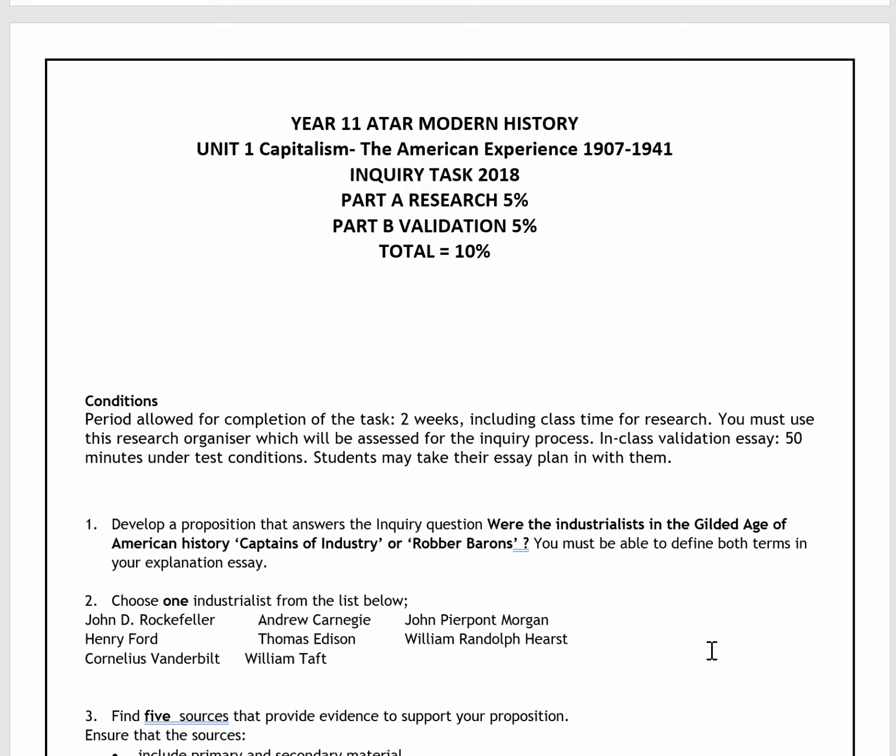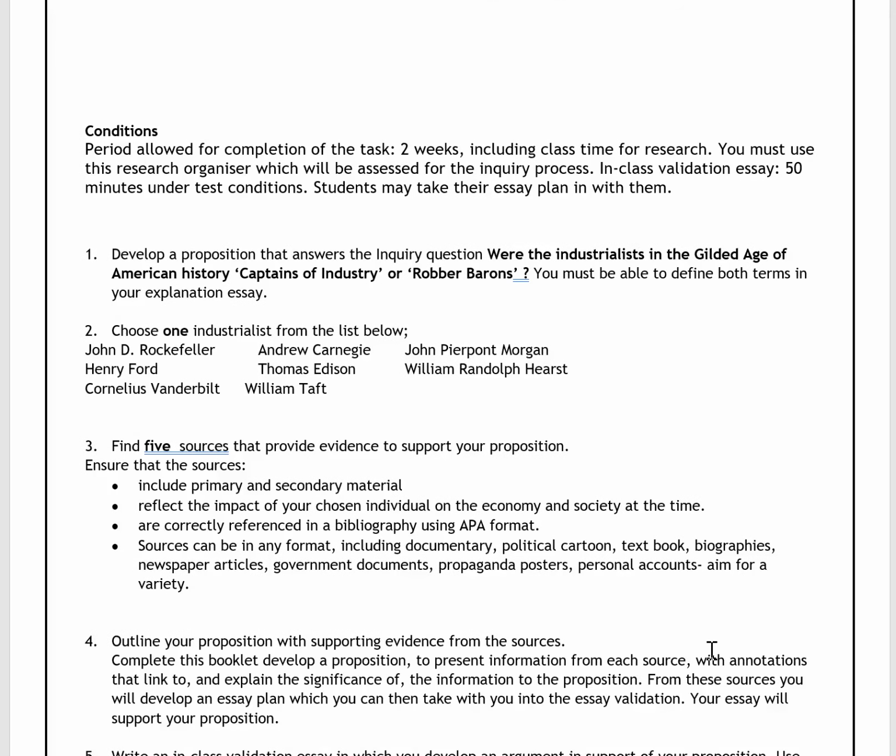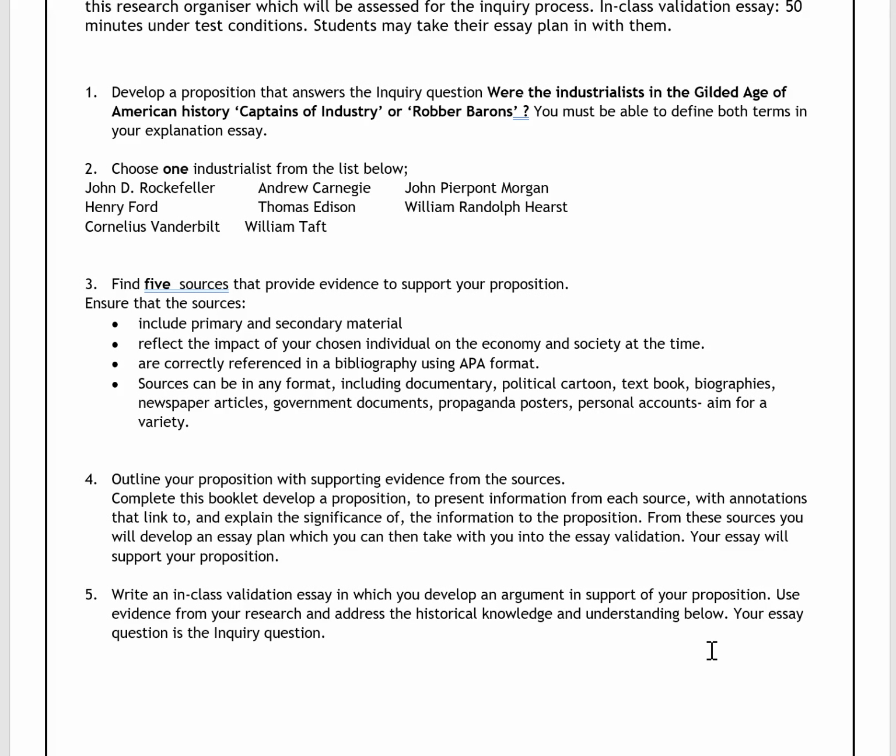Okay, so in Year 11, I give you the inquiry question, but basically you've got to develop a proposition, and we'll go through that in a minute. The inquiry question that you're getting is, were the industrialists in the Gilded Age of American history captains of industry or robber barons? And you must be able to define both captains of industry and robber barons, what they both mean in your explanation